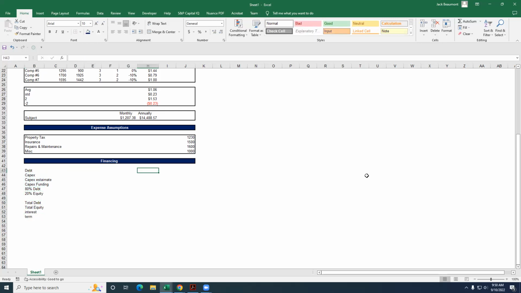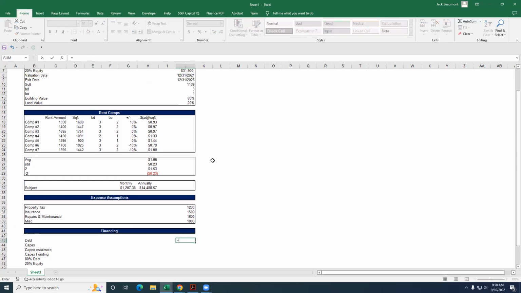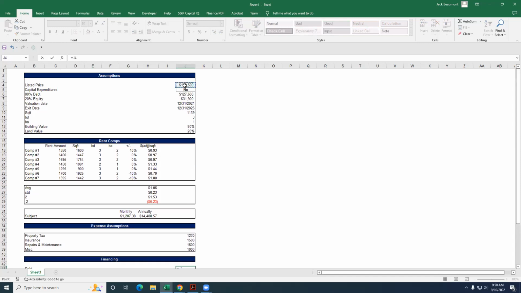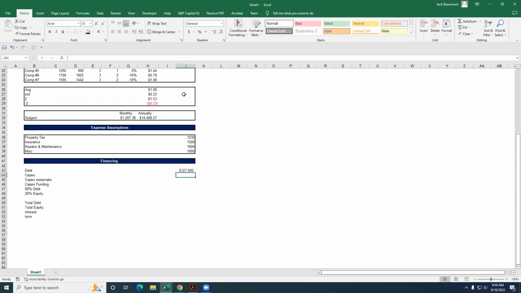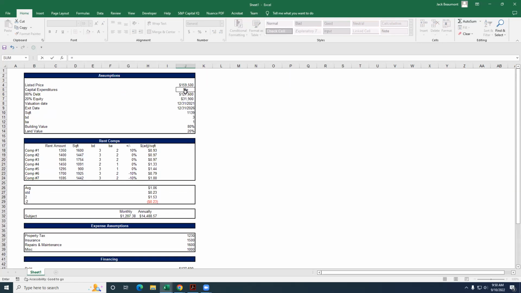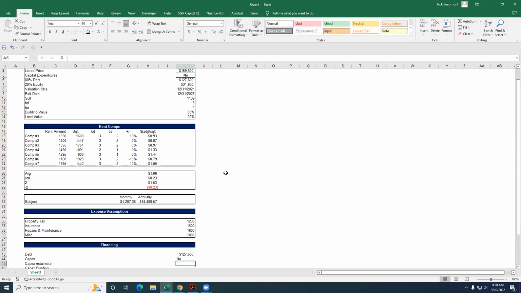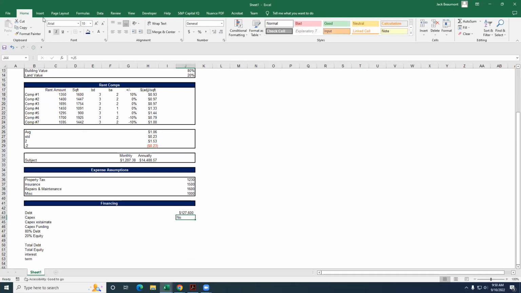So debt is going to equal this times, okay, actually no, we already did that. So we're just going to go up to here. Capital expenditure. Okay, so it's going to equal that. Okay, so